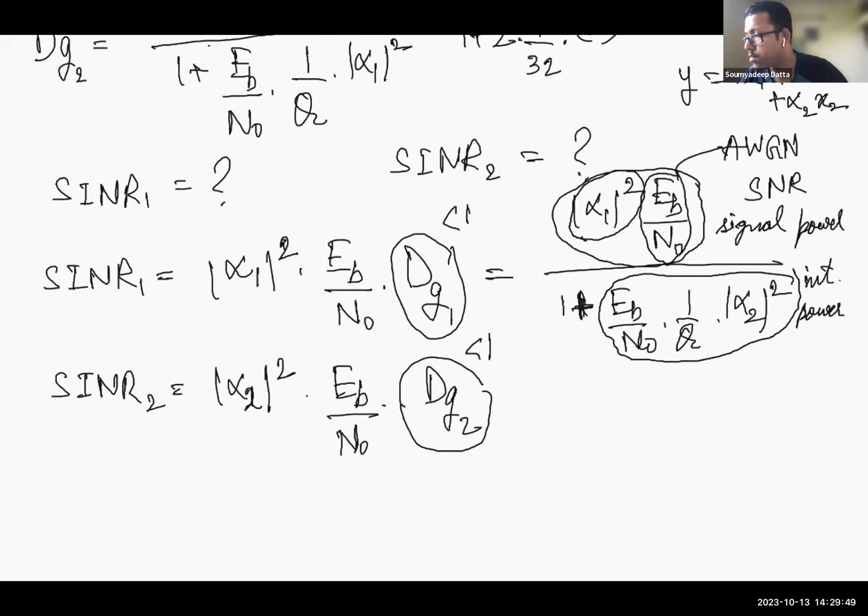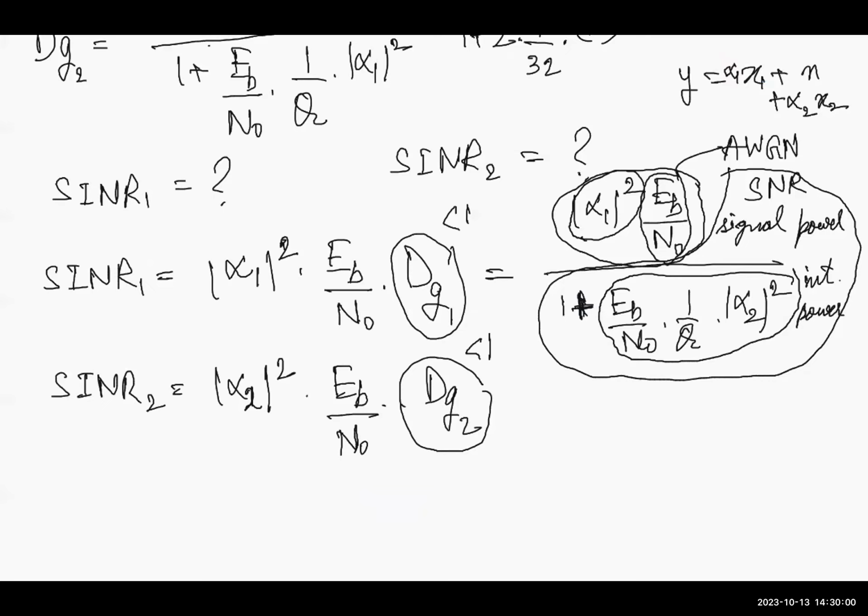So this thing is the degradation factor, right? This whole thing is the degradation factor. Sir, alpha 1 square is what? This is channel gain, right? Channel gain, alpha 1 square. Yeah, this is channel gain because